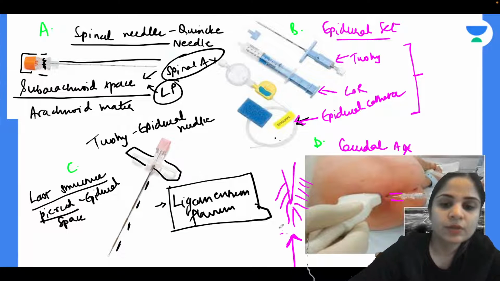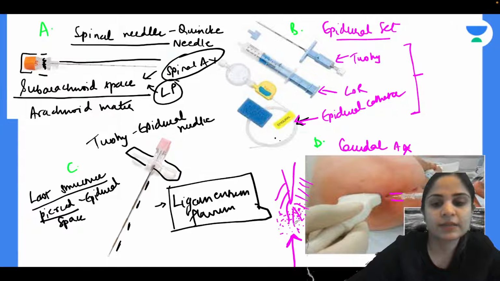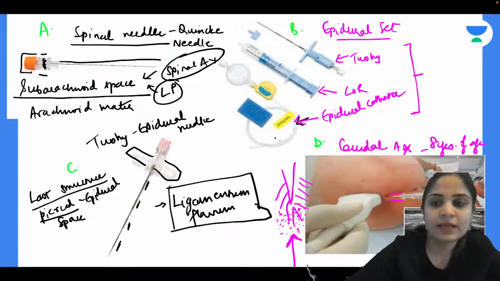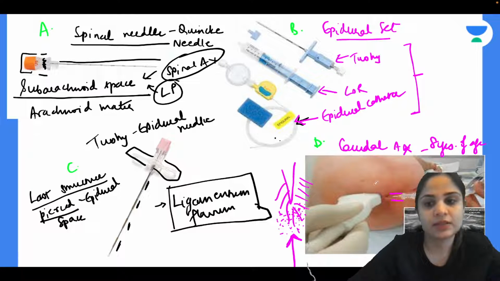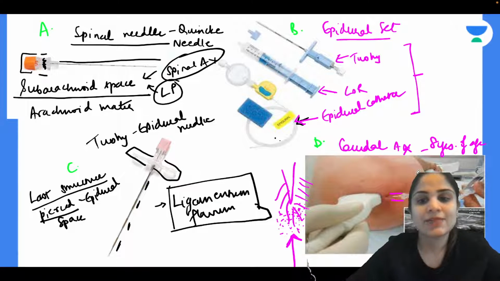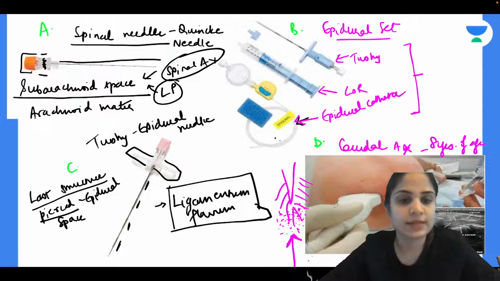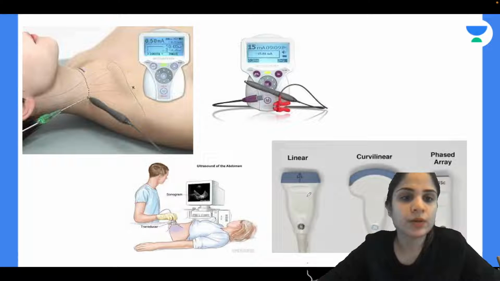Okay, so here I am going to give my local anesthetic and it is going to spread to these smaller spinal nerves which are at the filum terminale. So basically the lower lumbosacral nerves that are there will get covered by this. So if there is a small child, a child up to 8 years of age, I can give good pain relief using this caudal anesthesia in the lower limb. Alright, so this is what we have in regards to regional anesthesia and what all can be asked in your exam. Alright, moving on to our next picture.